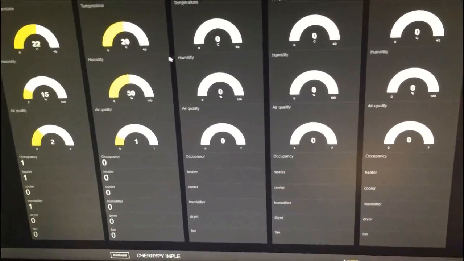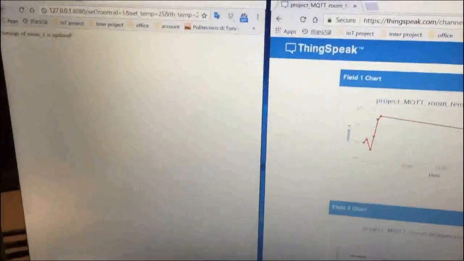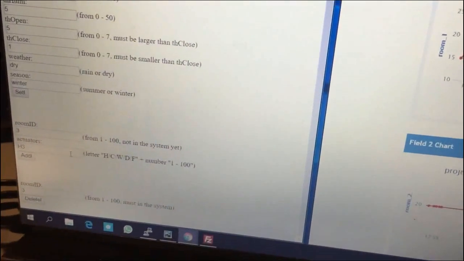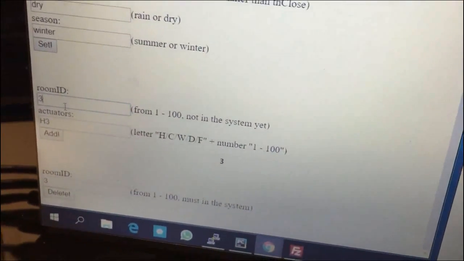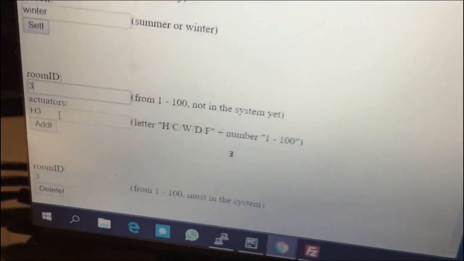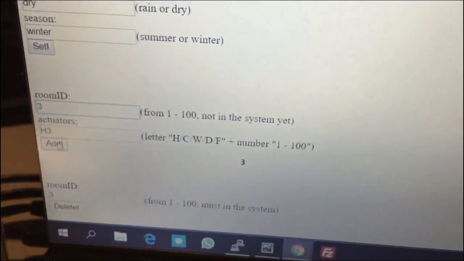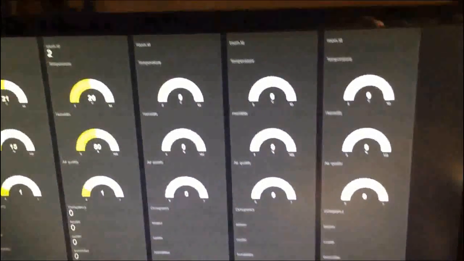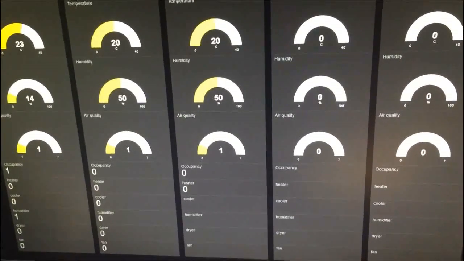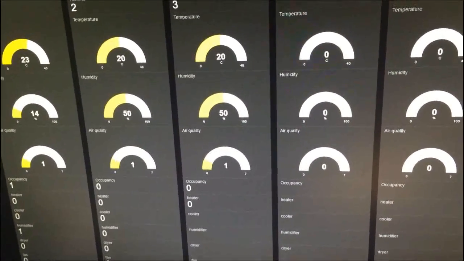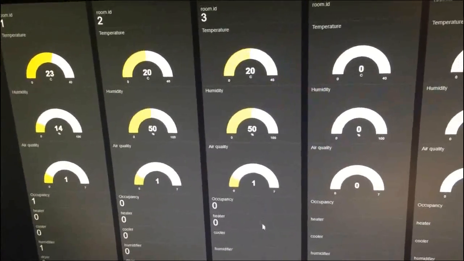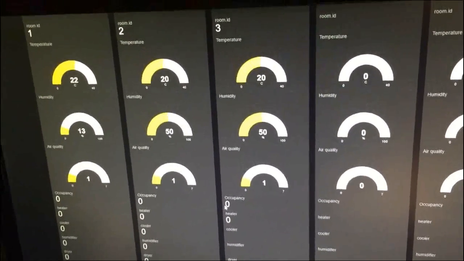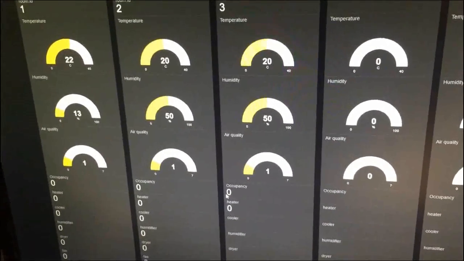And I will introduce the second operation of the setting. We can add a new room to the system. Here I add a room with ID 3, and in this room it only has one actuator, the heater. We call it H3. Now you can see here the new room is already added into the system, and there's only one actuator shown here. Since we don't have sensors in that room now,